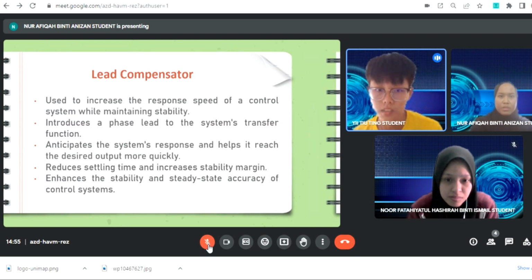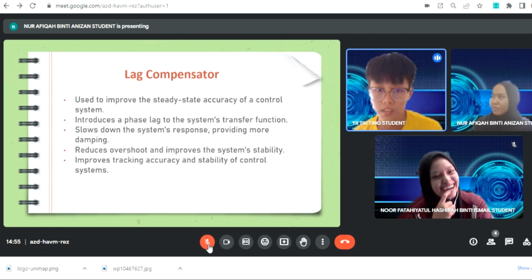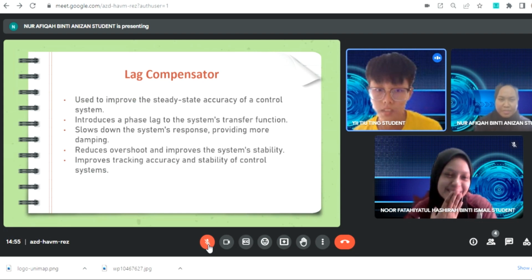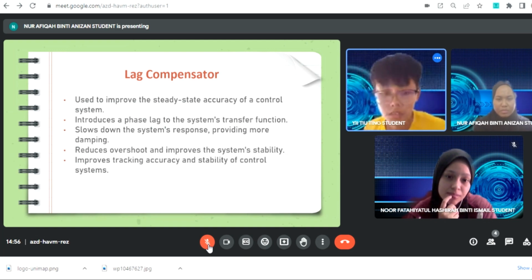So it enhances the stability and steady state accuracy of the control system. Next, the lag compensator is used to improve the steady state accuracy of the control system. It introduces a phase lag to the system transfer function. So it slows down the system response and provides more damping. It will reduce the overshoot and improve the system stability and the tracking accuracy of the